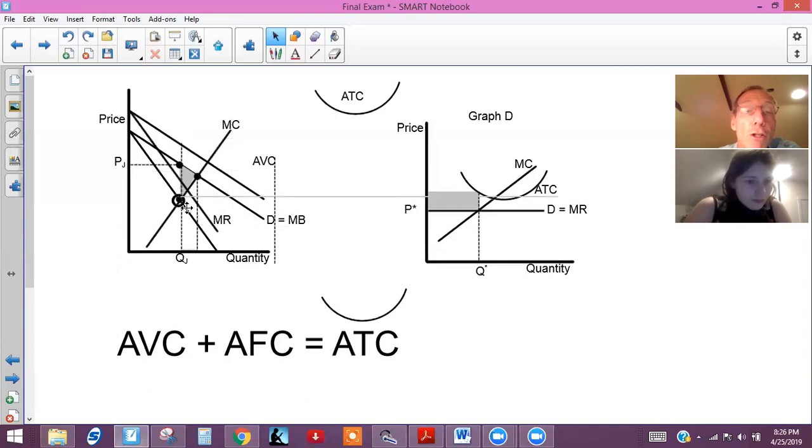So if marginal revenue is above marginal cost and not equal, they can't be maximizing profit. So what they should do is lower the price from there down to here, right? Now they're maximizing profit, because now marginal cost,